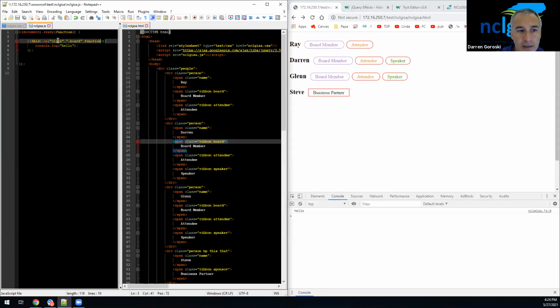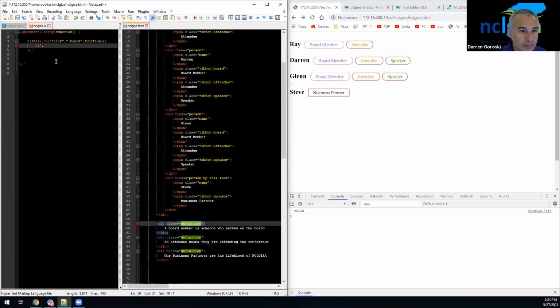So what that tells me is this is working the way it's supposed to. It's recognizing the click and it's doing this. If I click on attendee, nothing happens. So this tells me that my code is good. So now that I know my code is good, I want to do some stuff. The super simple, easiest thing you're going to do is say, well, listen, if the code is good, I want you to take